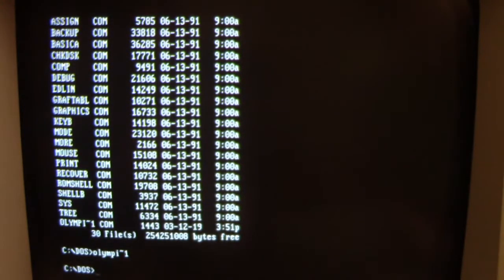we run OlympicAIDS there, and it just returns us to the prompt. And now OlympicAIDS does not stay memory resident, so it does not infect files as you run them. It's only when you run an infected file does the infection spread. So it should have taken a couple of the .com files in our DOS directory. Let's see if we can identify any file sizes that have changed.